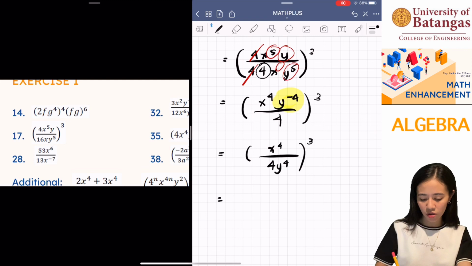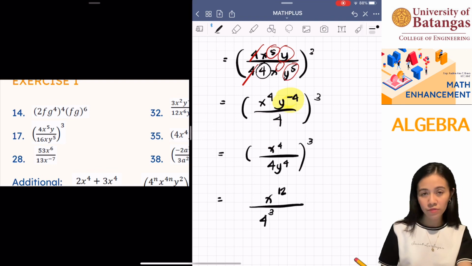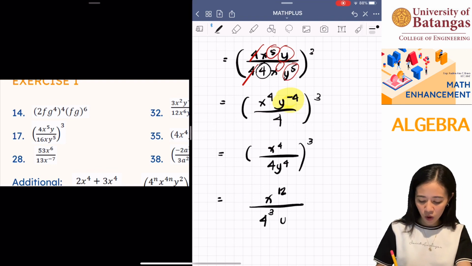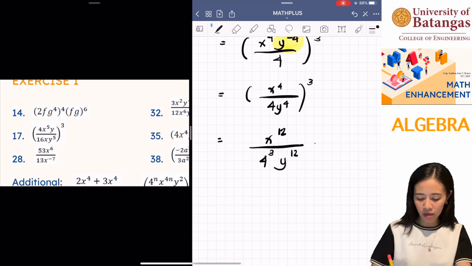So, magiging ano to? X raised to 12 na, diba? 4 times 3 all over 4 cube. Okay? And then, you get y 4 times 3 ulit, or y raised to 12. Okay, so ang sagot natin, pwedeng maging x raised to 12 all over, this one is 64, I think, y